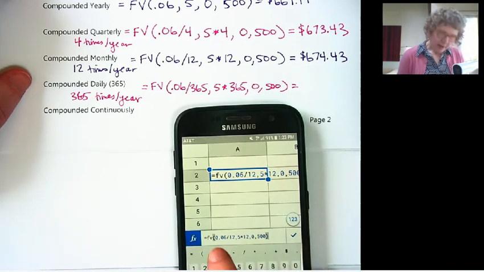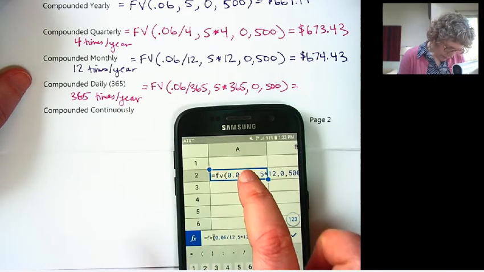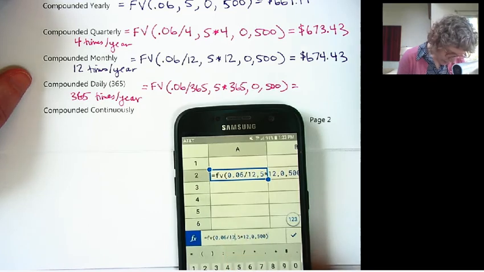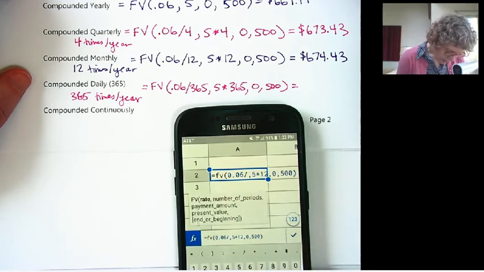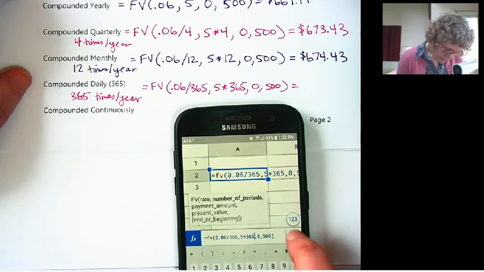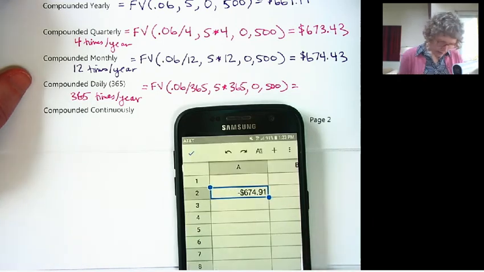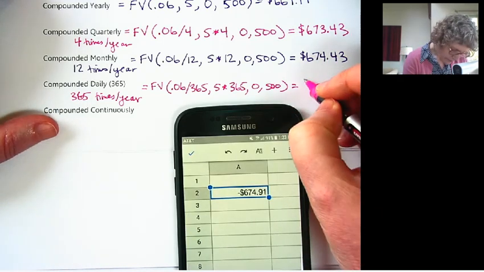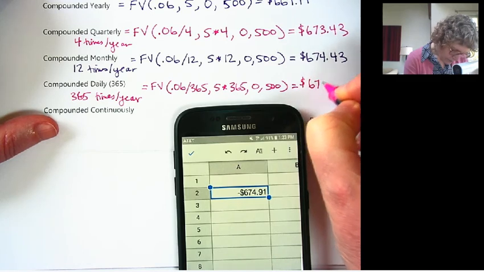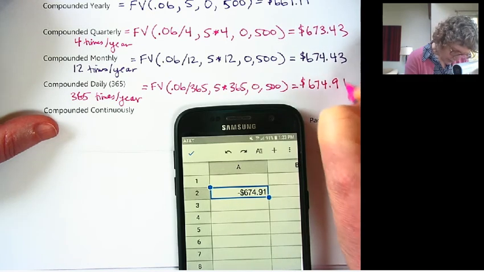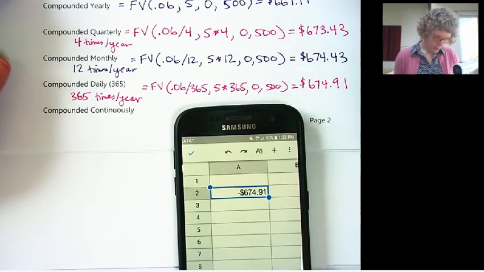Okay, so on my version anyways, I have to edit down here. And I just like that one because it's bigger. I'm going to change the 12 to 365 both times. And we get a new number. $674.91.